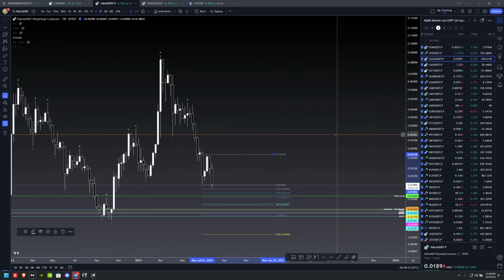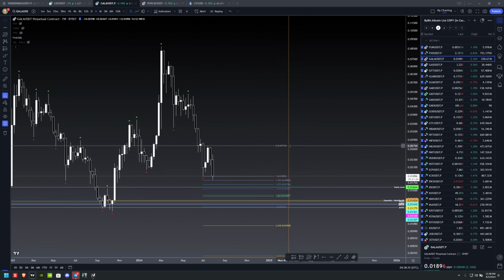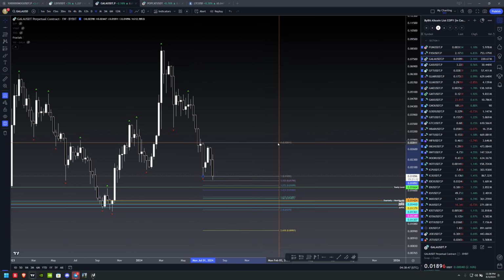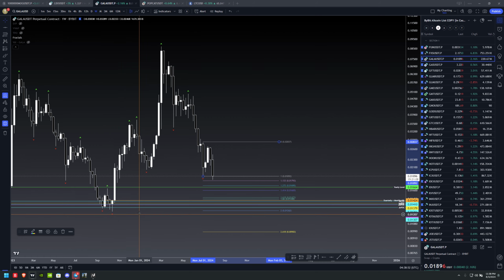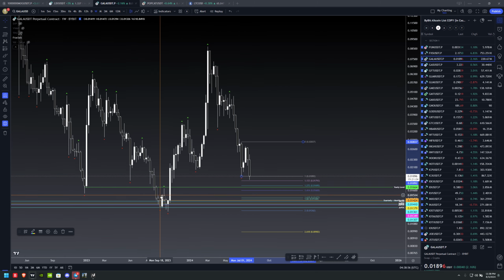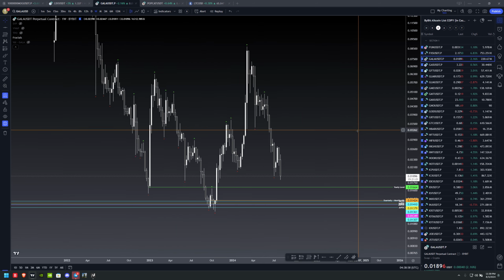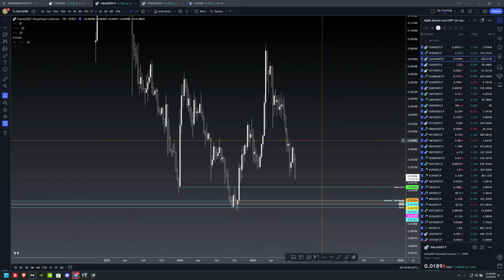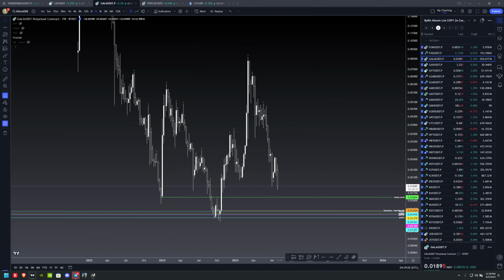Okay, Fib expansion showing. I was thinking, not a whole lot of Fib confluence for it, but